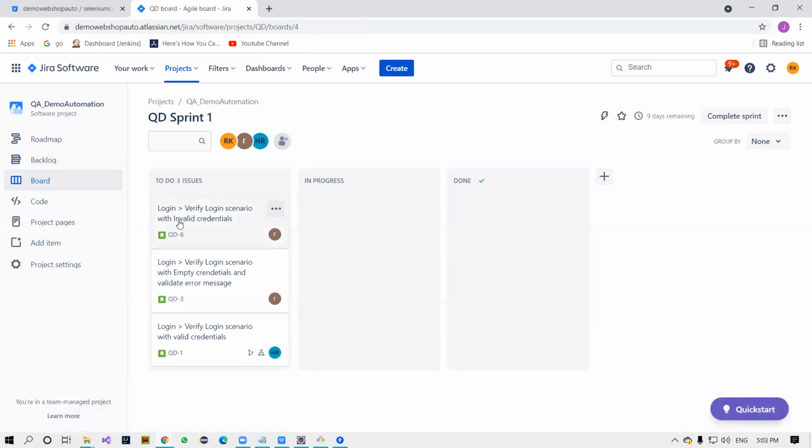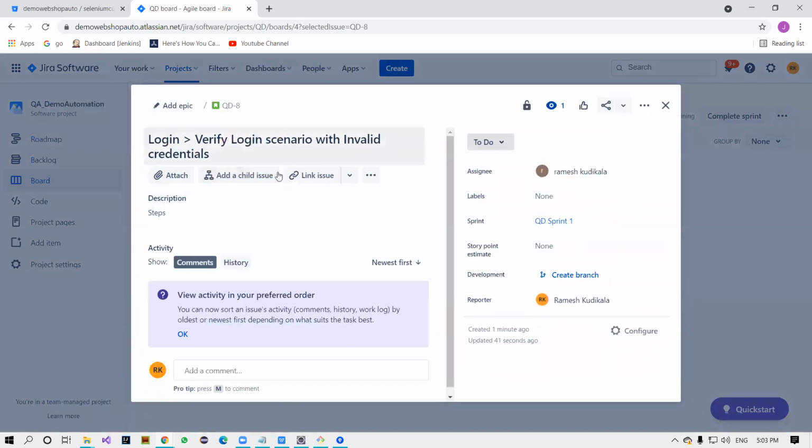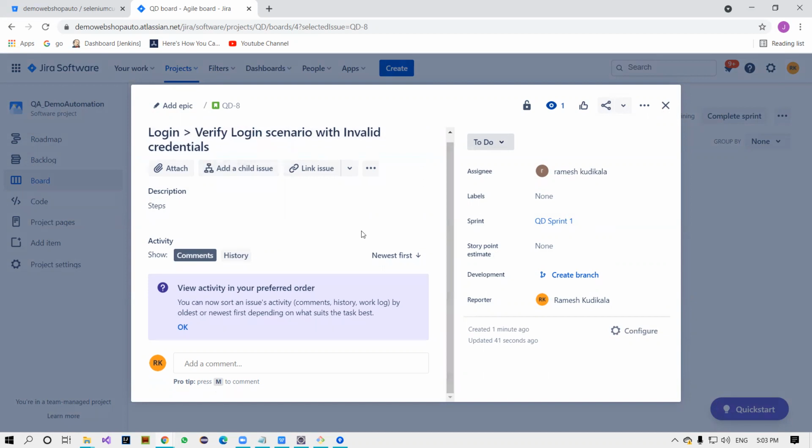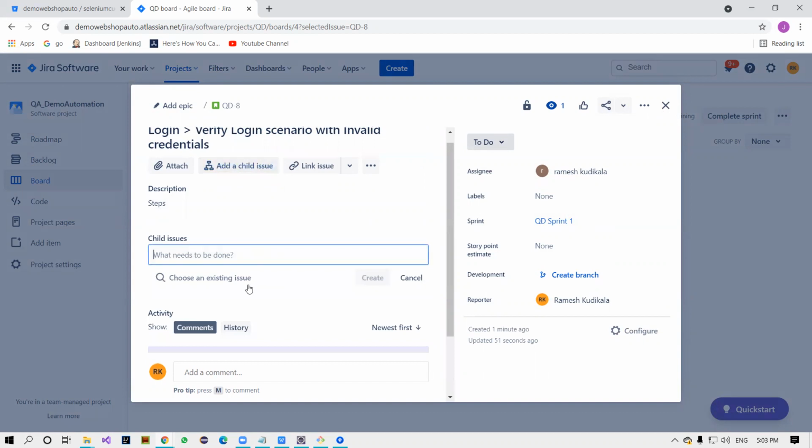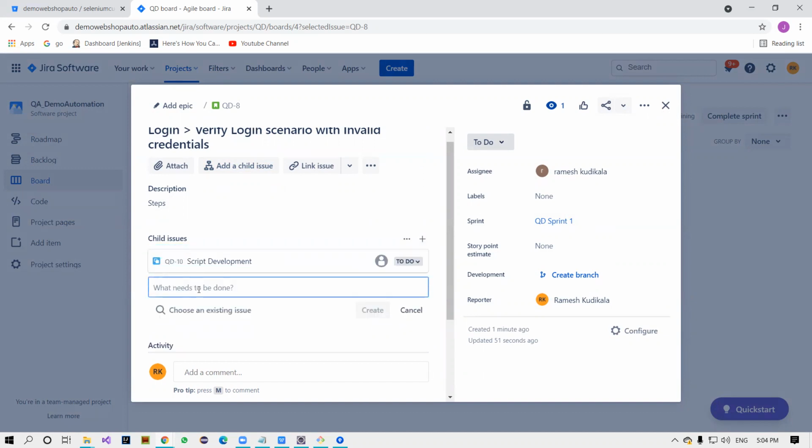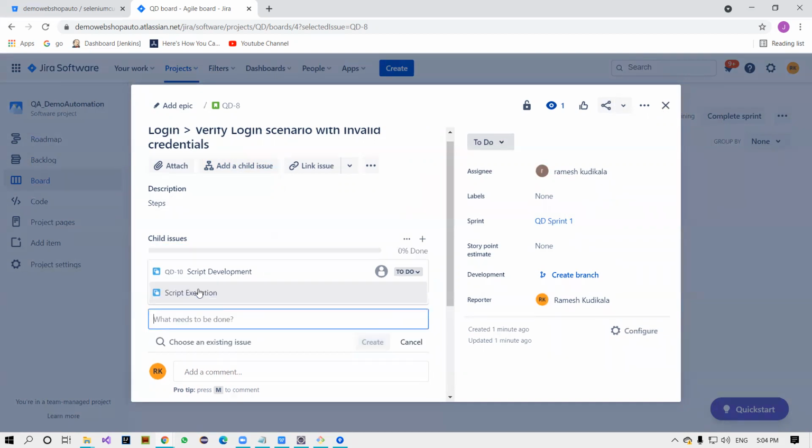Now, I'm a developer, an automation tester. Come back here, I'm selecting this scenario and automating it. Before automating any scenario, I'm going to create new child tasks here. The first is script development. This is called a subtask, guys. The other subtask is script execution, how much time it's going to take for the script execution. And the code review task is the final one.